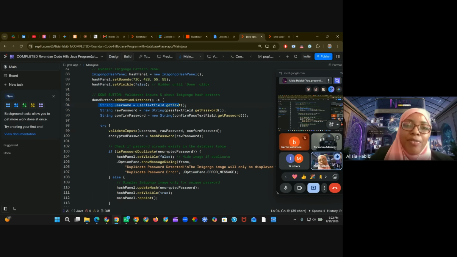Here, we are creating a variable called username, right? We're getting the username from the text box because we're saying string username equals userTextField.getText. I think I showed you that last time. Then we're also creating another variable where we're getting the password, which is called rawPassword. Then we're creating another variable where we're getting the confirm password, because once they click done, there are several things